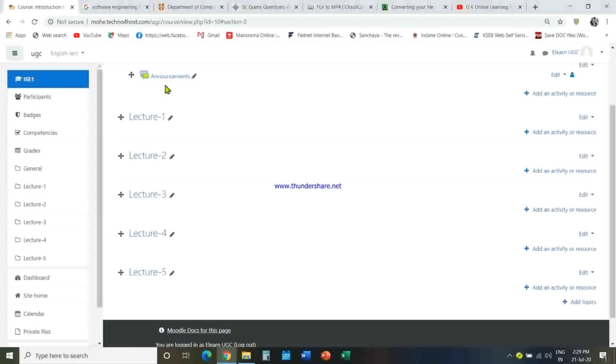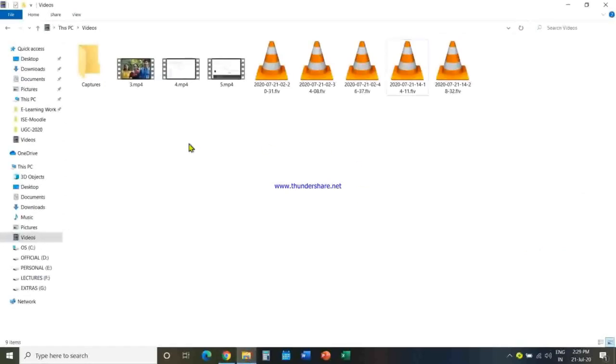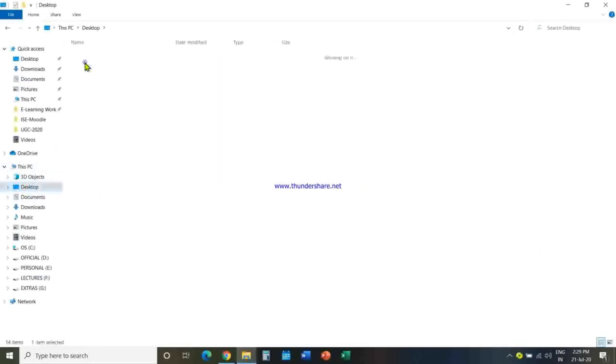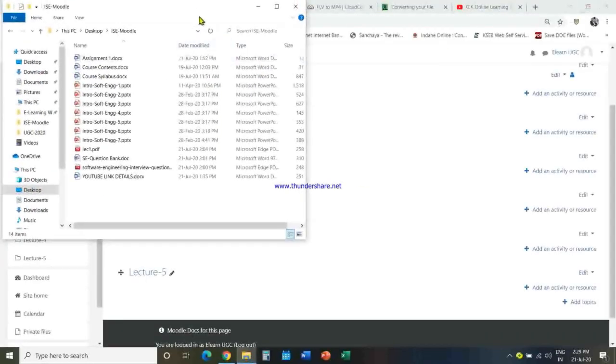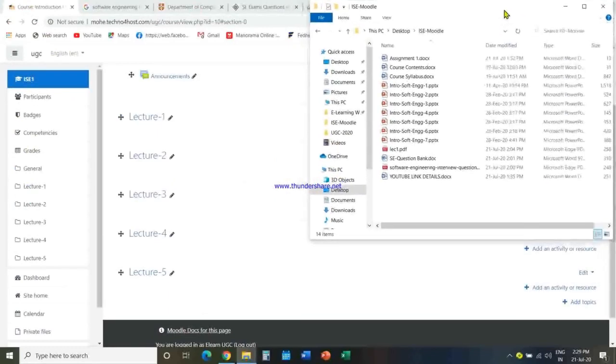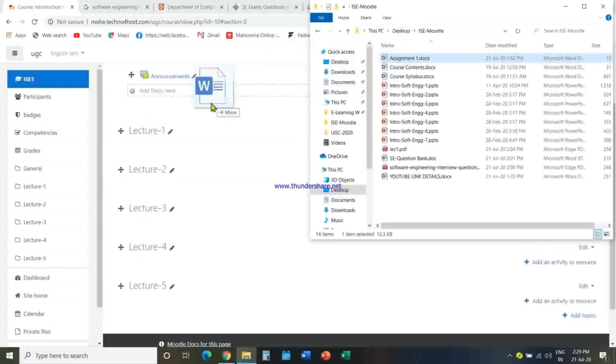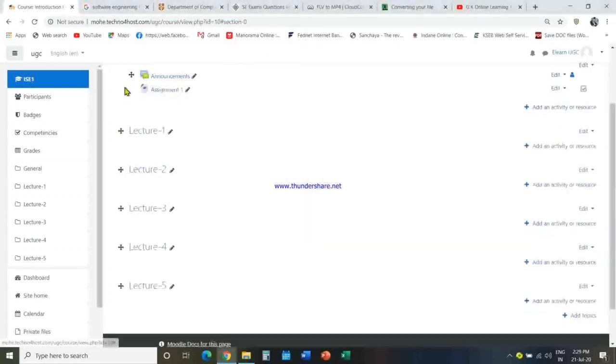For that, go to the given folder, that is from the desktop. Go to the particular folder, select the assignment, and drag and place it just under assignment.